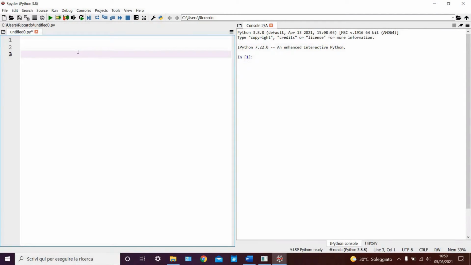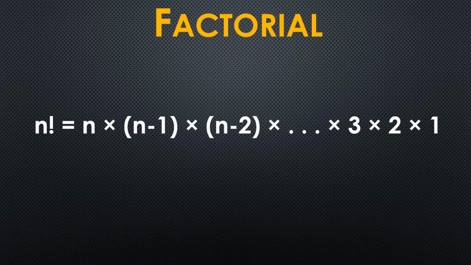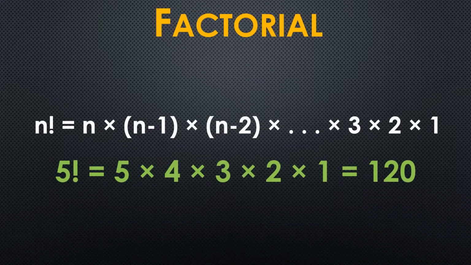Our goal today is to write a function that calculates the factorial of a number using recursion. For those of you who have never heard of factorials before, here's a quick summary of how they work. The factorial of a number, represented by the exclamation mark, is given by the product of all the natural numbers between 1 and the number we have chosen. So, for example, the factorial of 5 would be 5 times 4 times 3 times 2 times 1, which is